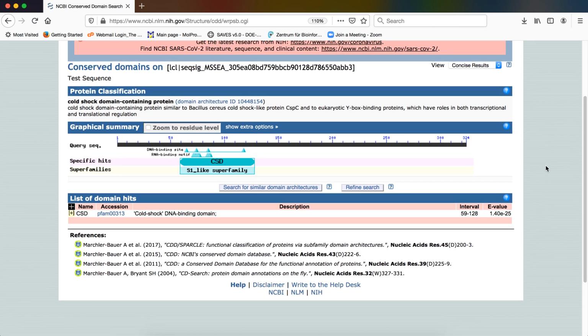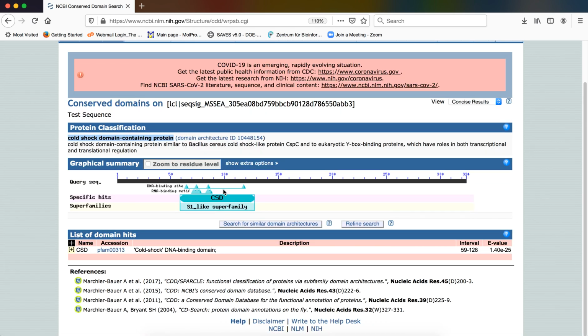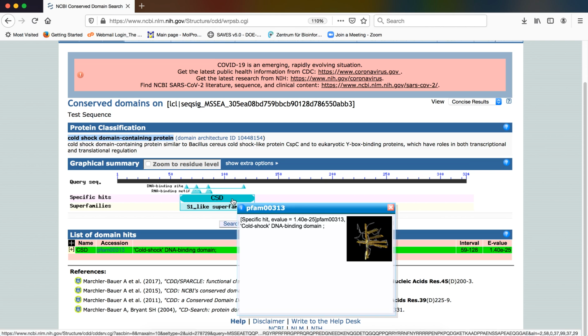And here you can see that the conserved domain that has been identified is described as S1-like superfamily, and the sequence that has been provided, according to the result of the conserved domain BLAST, is a cold shock domain containing protein. There are many ways of getting to know the various facets.